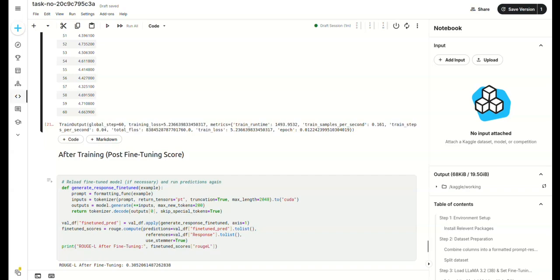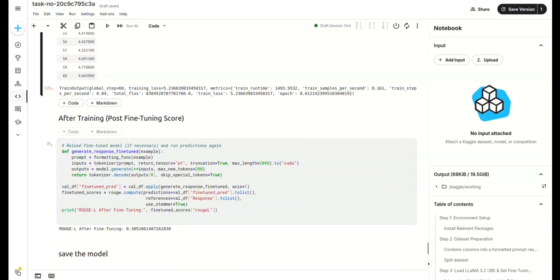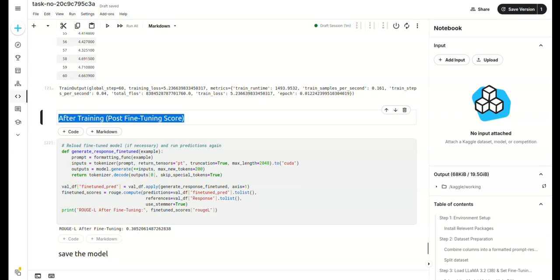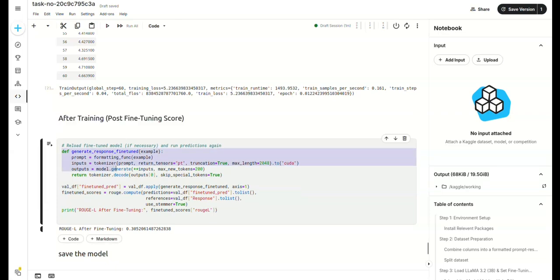When training is complete, we run the ROUGE score evaluation again to see how much the model has improved. We define a new function called generate response fine-tune, which follows the same process as before: formatting the prompt, tokenizing it, generating a response, and decoding it, except this time using our fine-tuned model. We apply this to our validation set and store the result in a new column named fine-tuned pred.